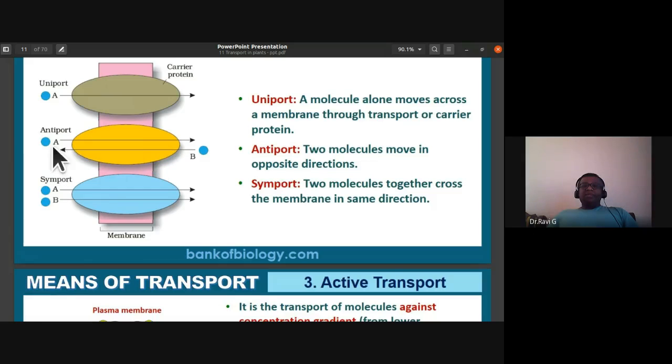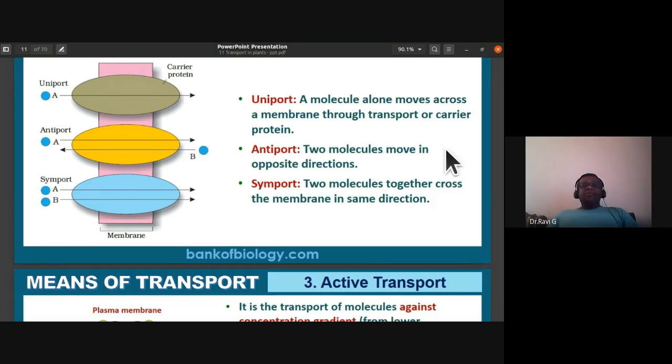In antiport, there is an entry of a molecule, that is influx, and there is an exit of a molecule, that is efflux. Influx and efflux take place. I especially remember the carrier ion theory, or potassium ion pump theory, wherein there is entry of potassium ion, another molecule exits. Wherever there is exit of potassium ion, the other molecule enters in. So that is antiport movement. I remember the potassium ion pump theory.